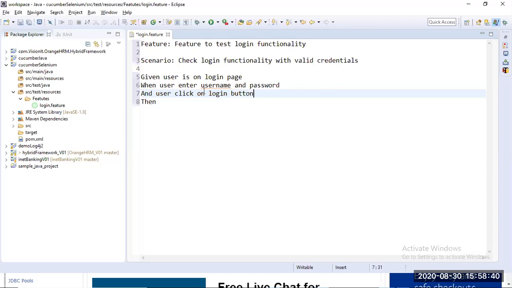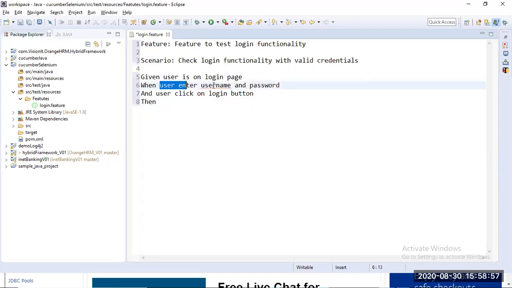And then if user enters username and password and clicks on the login button, with valid credentials, what should happen? User should be logged in into the application. Yes or no?